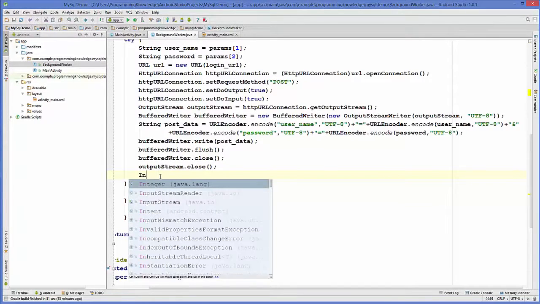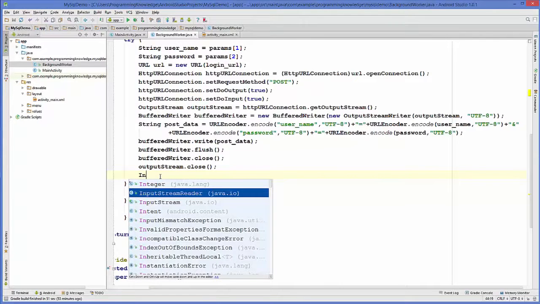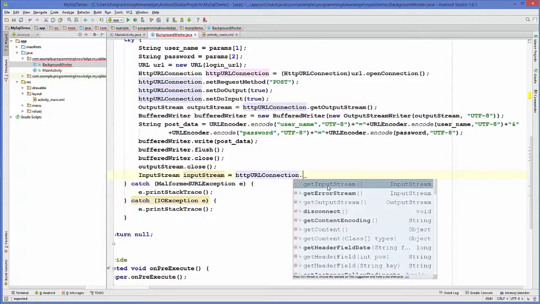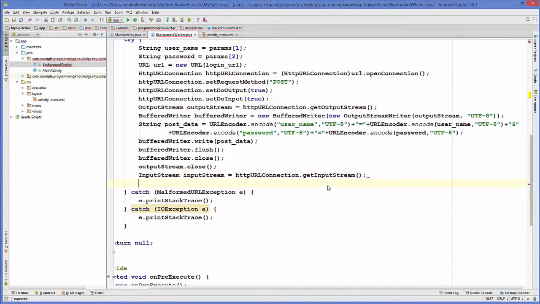So this time we will define input stream here. Just define input stream and then the variable input stream, and then we can get the input stream from the same HTTP connection. So just write get input stream,